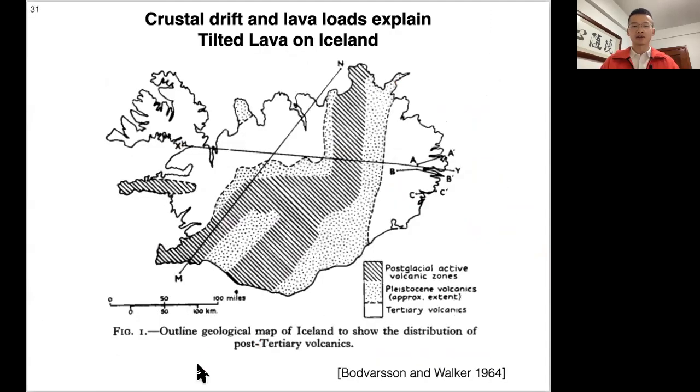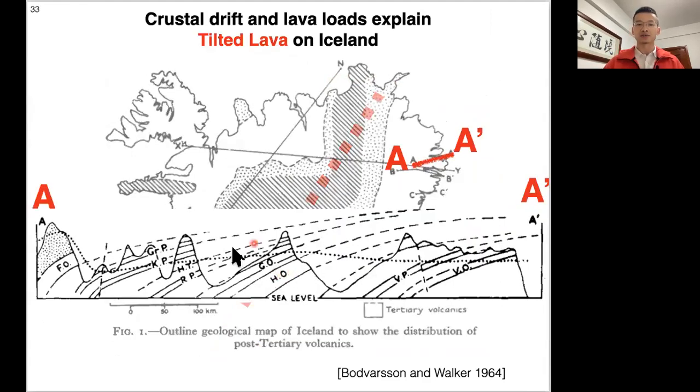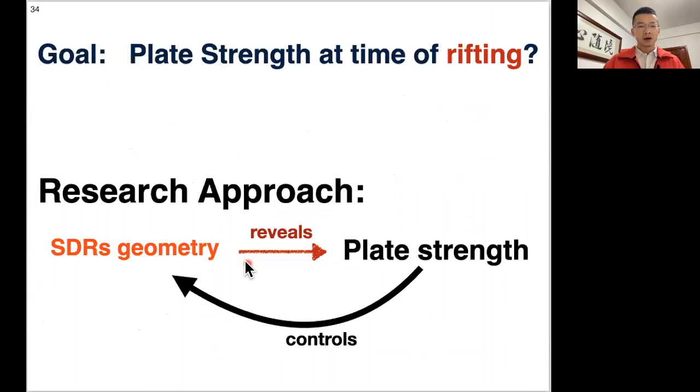Bodvarsson and Walker first proposed crustal drift and lava loading for producing the 2D lava flows on Iceland. Here's the rifting center, and A-A prime shows these 2D lava flows dipping toward the rifting center. But how do we relate the plate strength to these bending lava flows? The research approach is that because the plate strength controls the SDR geometry, the geometry can reveal the